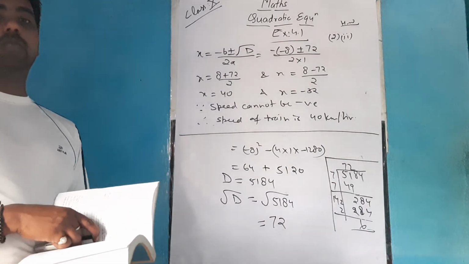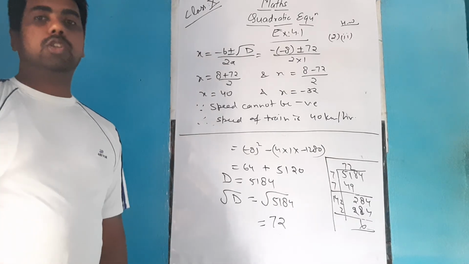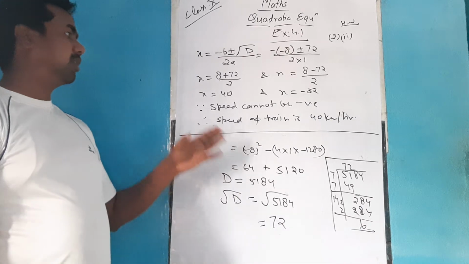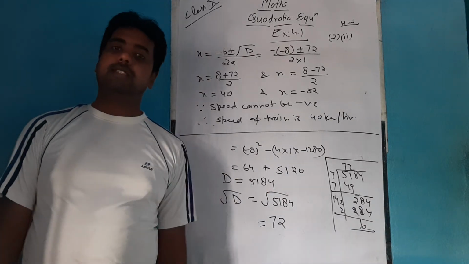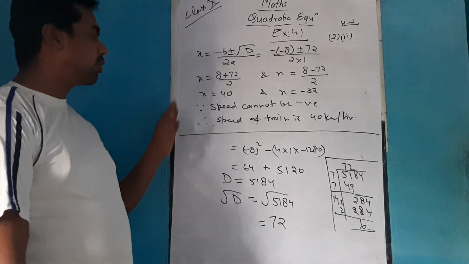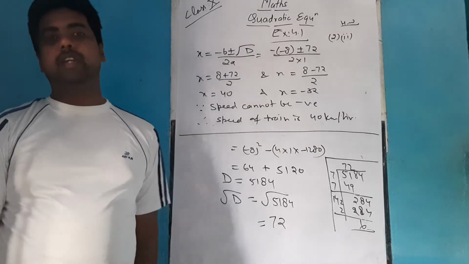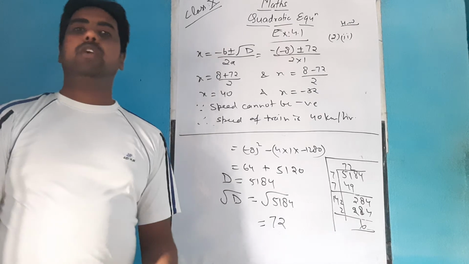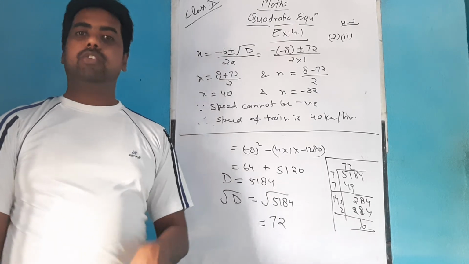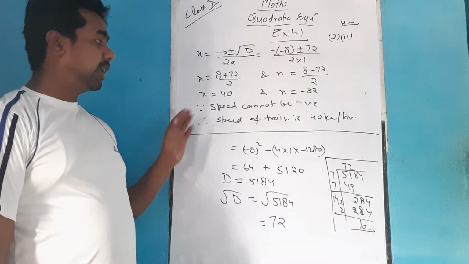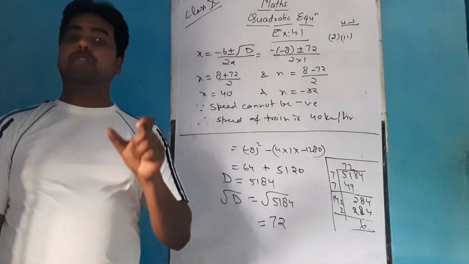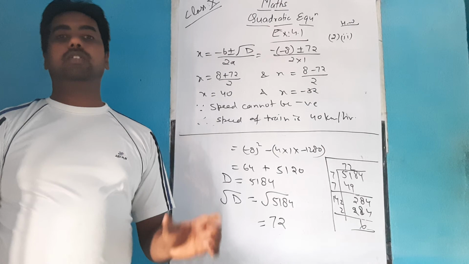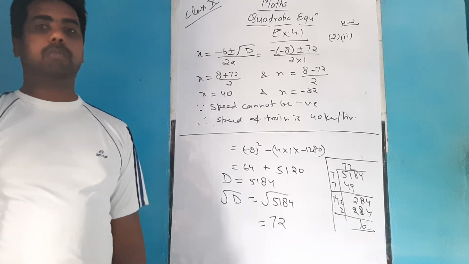I have given the second question, second part, as homework. So you just try to solve the second question, second part, as homework, and the remaining three parts we have already discussed in the first video. Here I have told you the solution also, how you are going to find it. Although we have discussed the second part also, do try to solve it once again and find the answer. If you solve the maximum number of questions and try to understand the word problem, it will be easier for you to form the quadratic equation of any word problem.